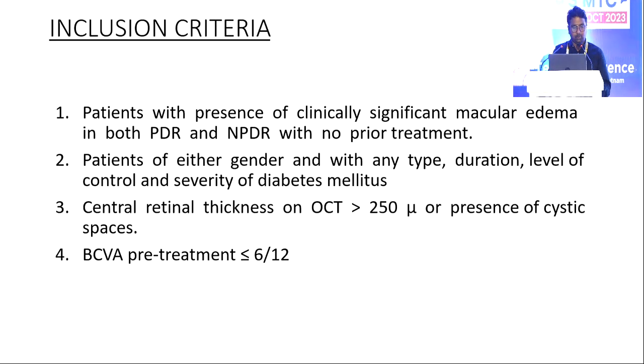Inclusion criteria: patients with presence of clinically significant macular edema in both PDR and NPDR with no prior treatment, patients of either gender with any age, duration and level of control and severity of the diabetes, and central retinal thickness on OCT showing greater than 250 microns or presence of cystic spaces, and best corrected vision pre-treatment should be